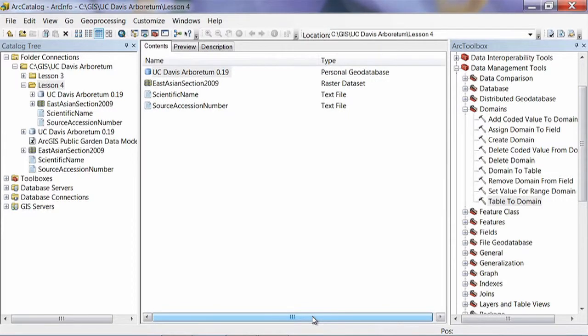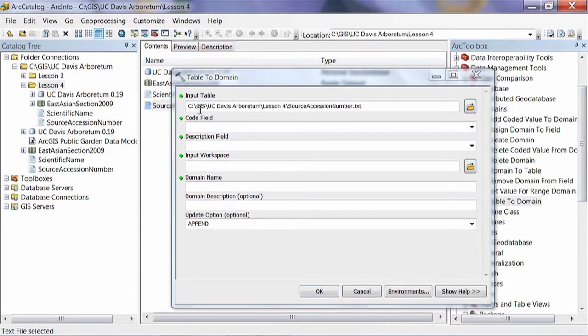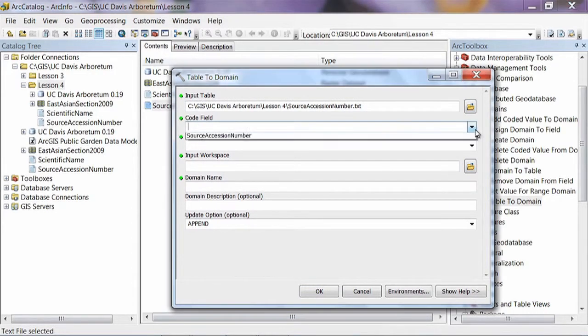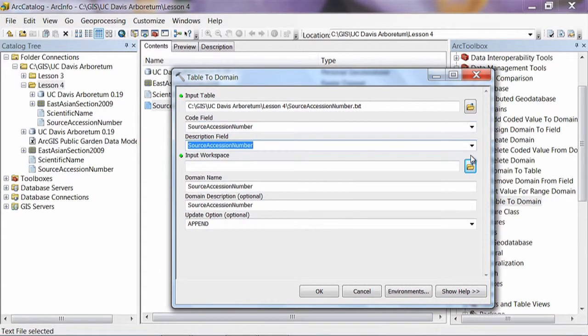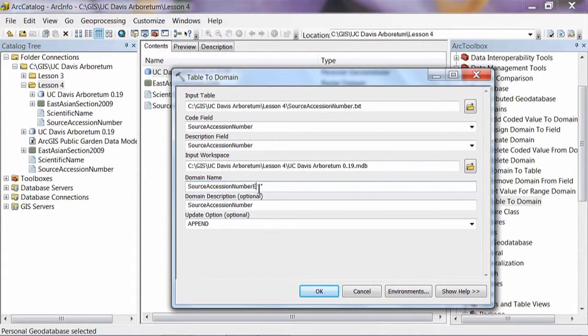And now we're going to do the same thing again for the source accession number domain. So click on table to domain again. Input table is going to be source accession number. The code field from the drop-down list is going to be source accession number. Same for description. Input workspace, we're going to click and drag our GeoDatabase in there. And then the domain name is going to be source accession number. And we're going to add East Asian onto the end of this